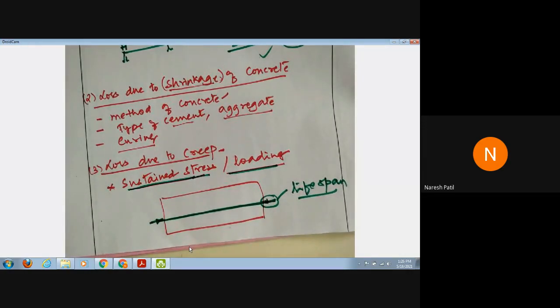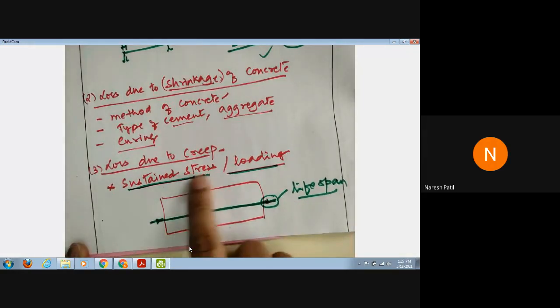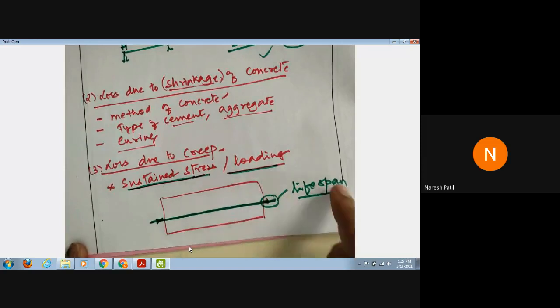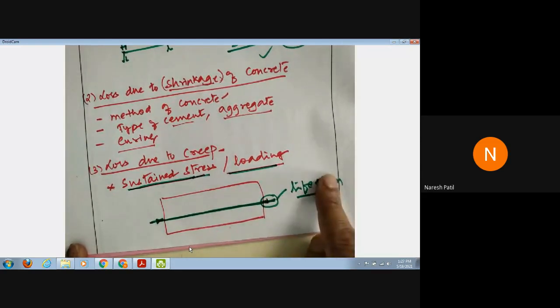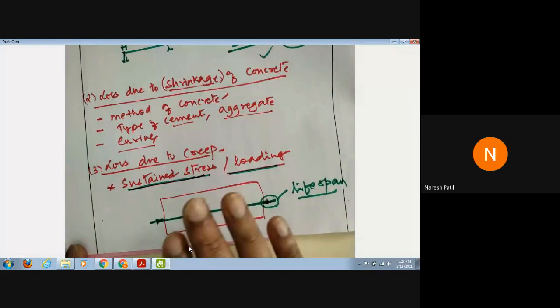So तब क्या होगा सोचो. So same you can feel or you can imagine same thing will happen, or the deformation will take place in the concrete. That is nothing but creep of concrete. समझ में आया ना? creep मतलब क्या होगा फिर? Understood? At least the example what I have given, you have to imagine. So that is called as loss due to creep. So concrete will deform due to permanent load or due to sustained stress, sustained loading for longer duration or throughout the lifespan. Understood? So that is called loss due to creep.